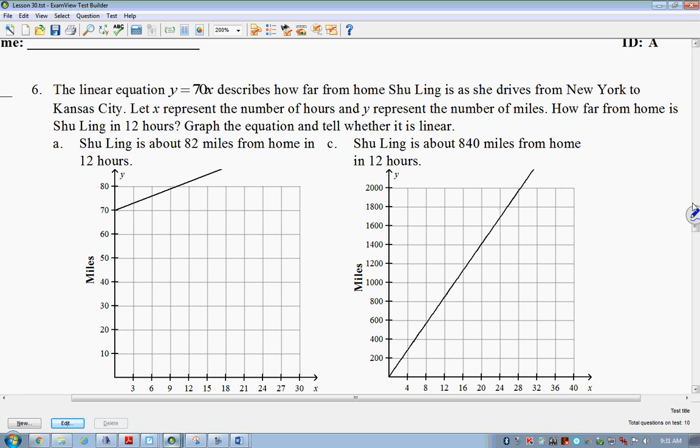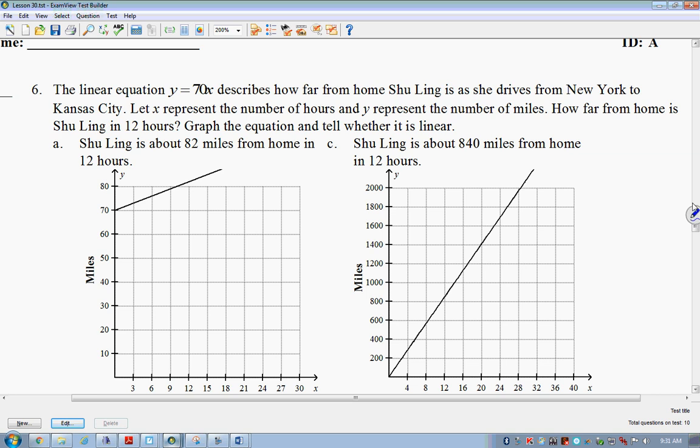The linear equation y equals 70x describes how far from home Shu Ling is as she arrives from New York to Kansas City. Well, that's kind of cool. They don't usually include Missouri in things. Let x represent the number of hours and y represent the number of miles. How far from home is Shu Ling in 12 hours? Remember, x represents number of hours. So what are we going to do